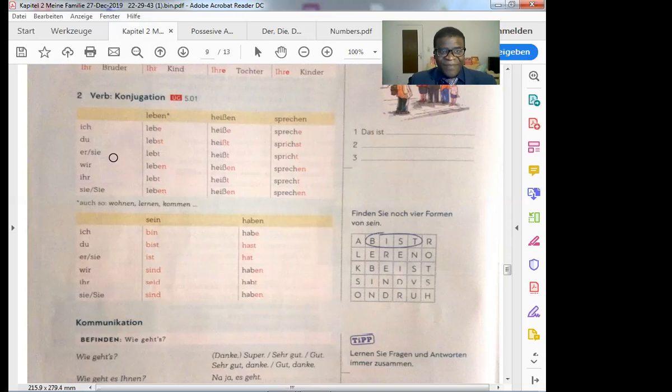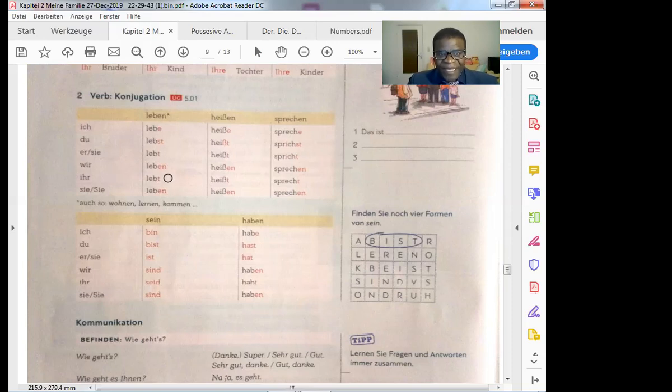I can say er lebt in Hamburg or er lebt in Deutschland. He lives in Germany. Er represents Martin. Still, if I talk about Mary or Maria, I'm going to say sie lebt in Hamburg. Maria lebt in Hamburg oder Maria lebt in Deutschland.